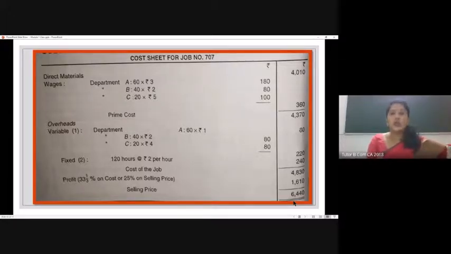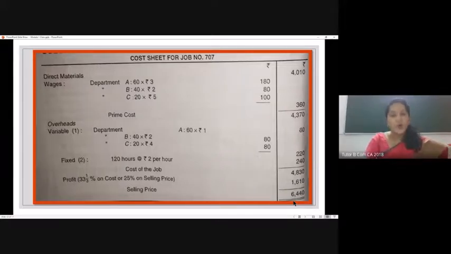Right. So initially, what did we do? We accounted for all the expenses that are given as per the question. That is, the cost associated with direct materials, wages, overhead, both direct and indirect. Then we reached total cost. And now in this question, normally we compute profit as a percentage of cost. But in this question, they gave the profit percentage as a percentage of selling price. But what we have is total cost. Now we have to find out what will be the percentage of profit when it is computed on cost.